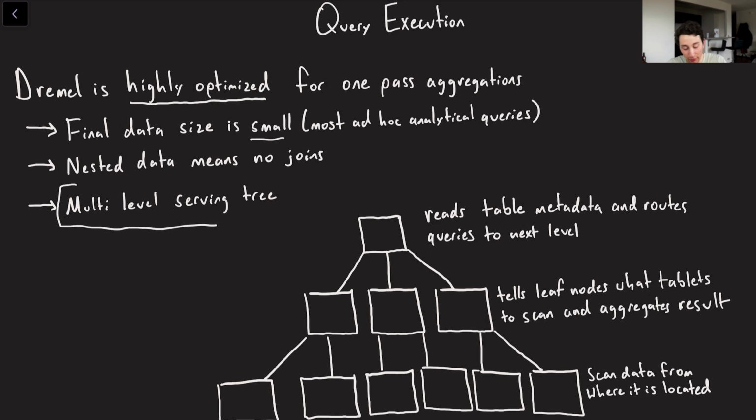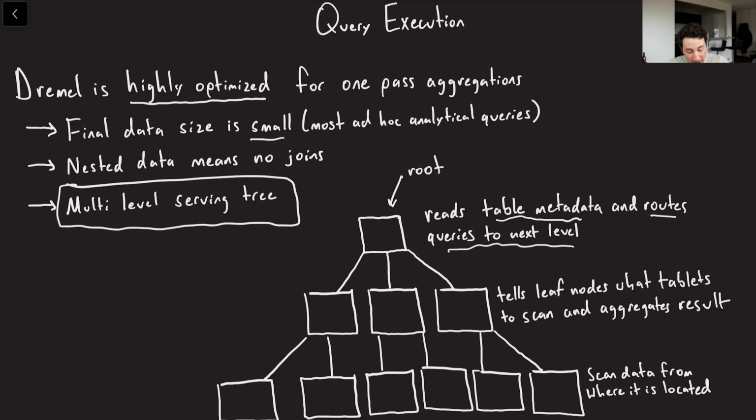So what Dremel actually does is it goes ahead and creates something called the multi-level serving tree. So right over here we've got our root, and this might just be one query planning node where basically it's going to say, okay, I see that we want to read from a certain table. Let me go ahead and figure out which partitions or tablets or files that I have to read from either GFS or Bigtable. So I'm going to figure out that table metadata, and then I'm going to route all of these queries to the next level, right?